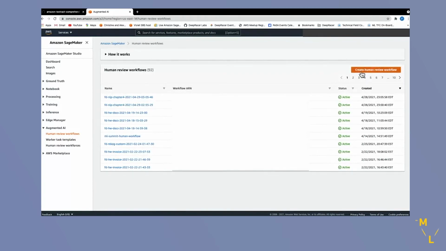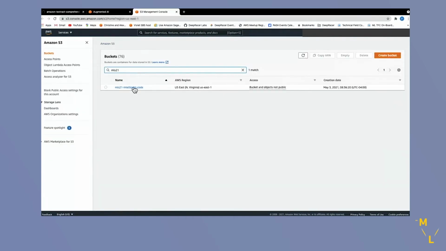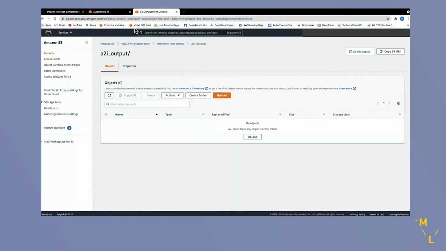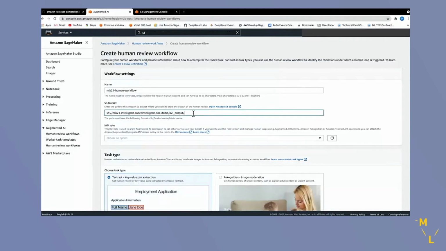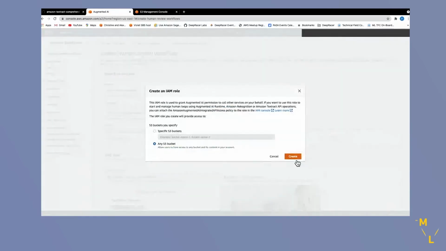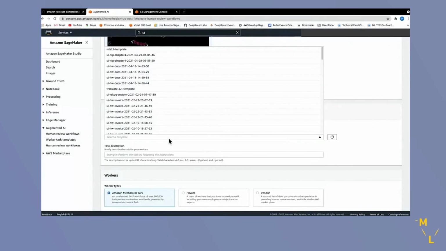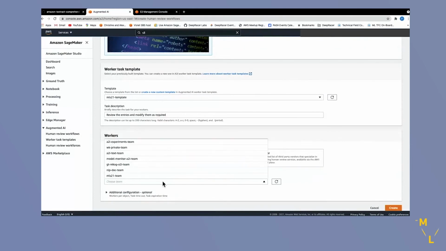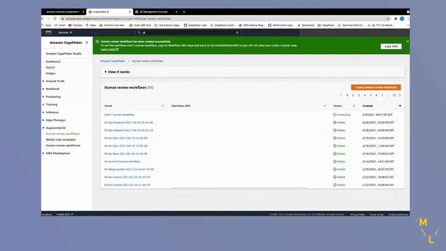Now we'll create a workflow, a flow definition. So our workflow has been created.